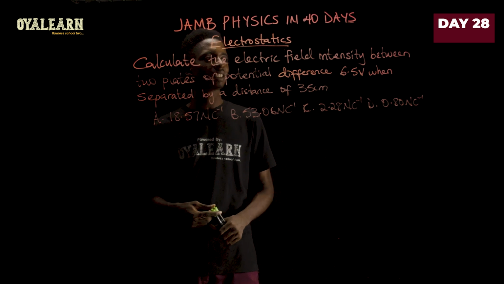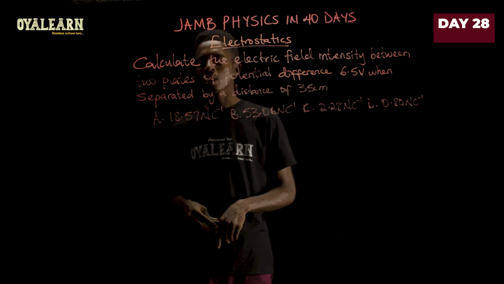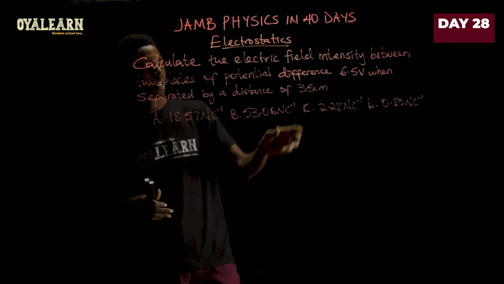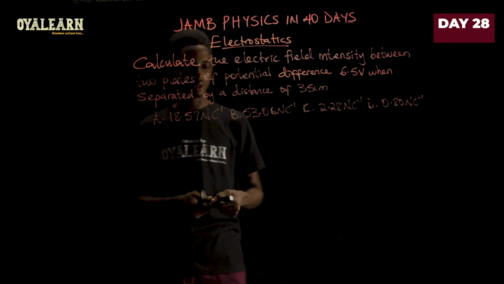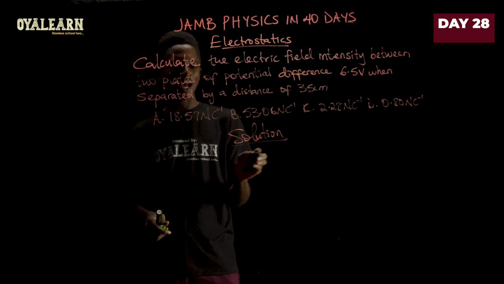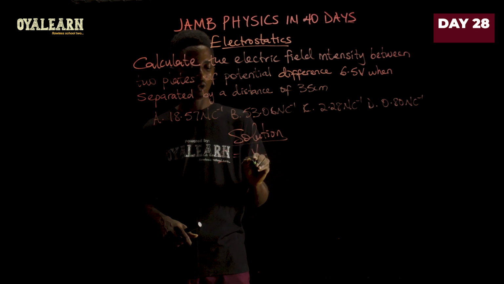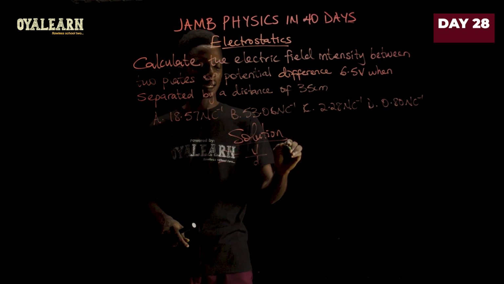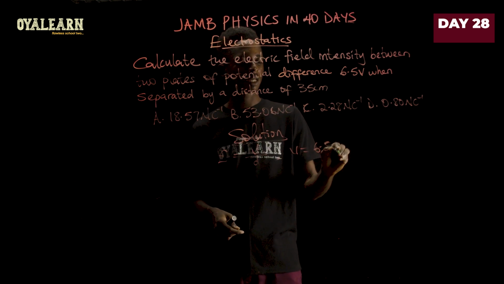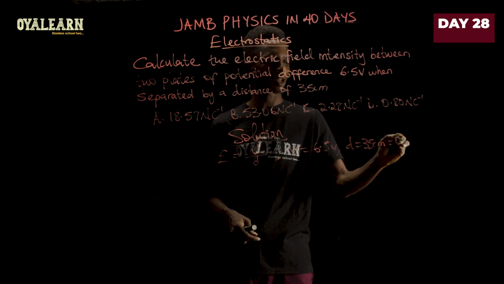Calculate the electric field intensity between two plates of potential difference 6.5 volts when separated by a distance of 35 centimeters. Now, what's important here is that you have to convert this into meters. So let's solve. To solve this, we're going to apply that electric field intensity E is given as V over D. And V is, according to the question, 6.5 volts, while the distance separating them is 35 centimeters, which is